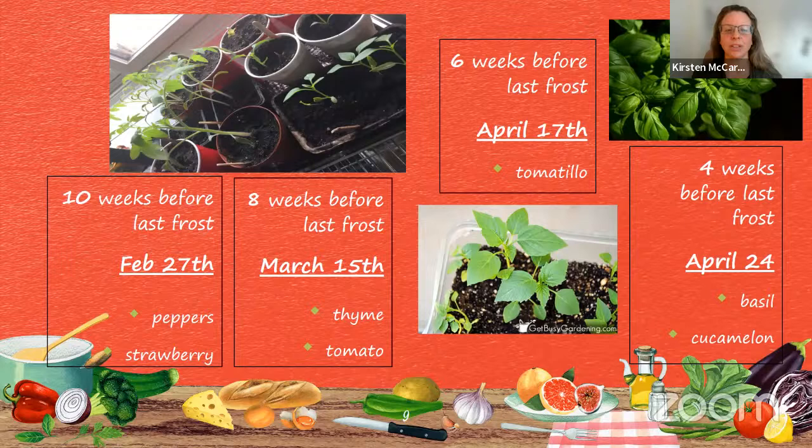So 8 weeks before the last frost date, March 15th, is when I will start planting my thyme seeds and my tomato seeds. Then 6 weeks before the last frost date, I will put in my tomatillo seeds. And then 4 weeks before the last frost date, around the end of April, I will start planting my basil and my cucamelon. This idea of staggering and planting your seeds at the appropriate time will make sure that they're strong enough